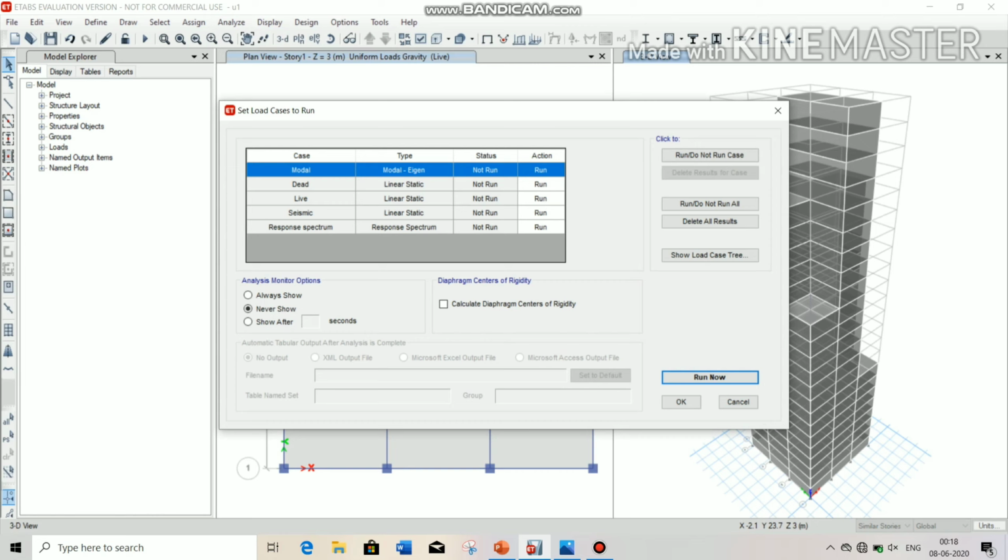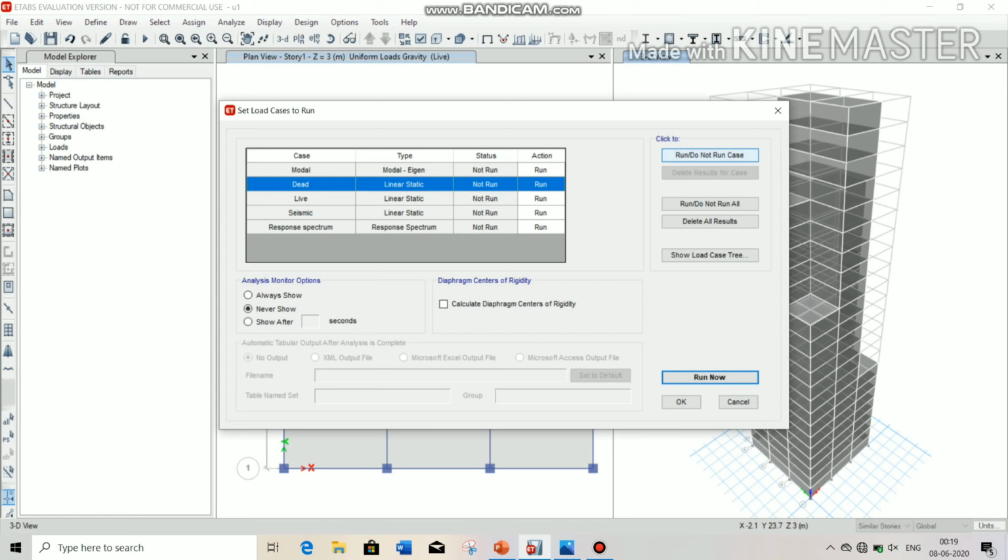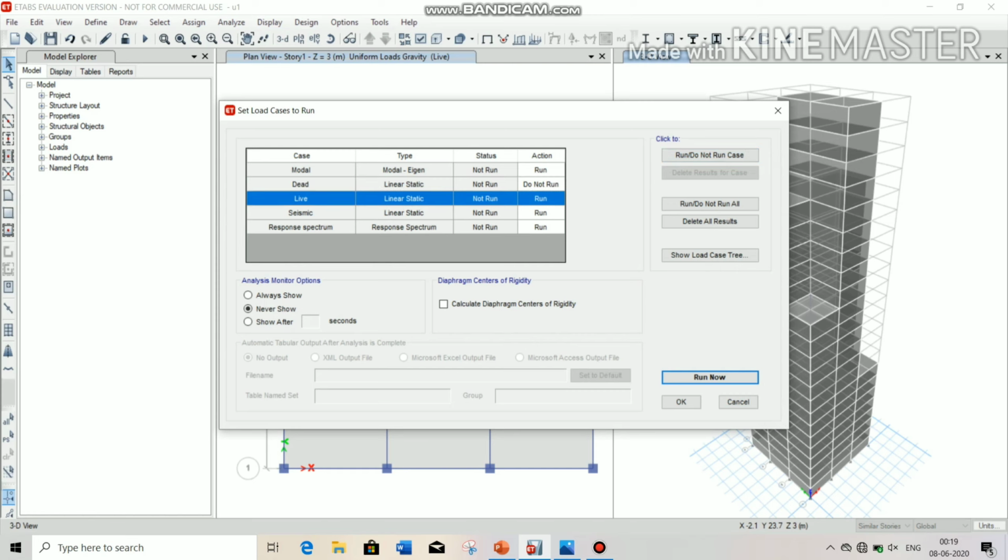Remember one thing, for the spectrum method there is no requirement to run dead load and live load. For that, choose dead load and choose the Do Not Run Case option, and similarly choose live load also.